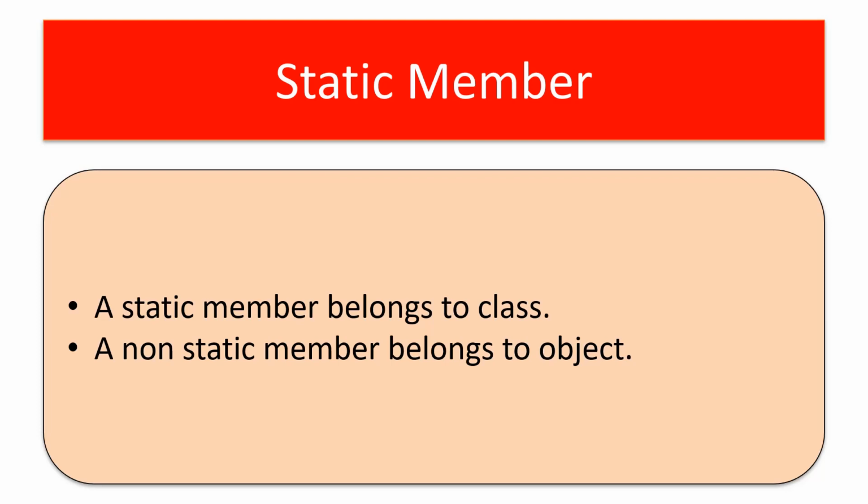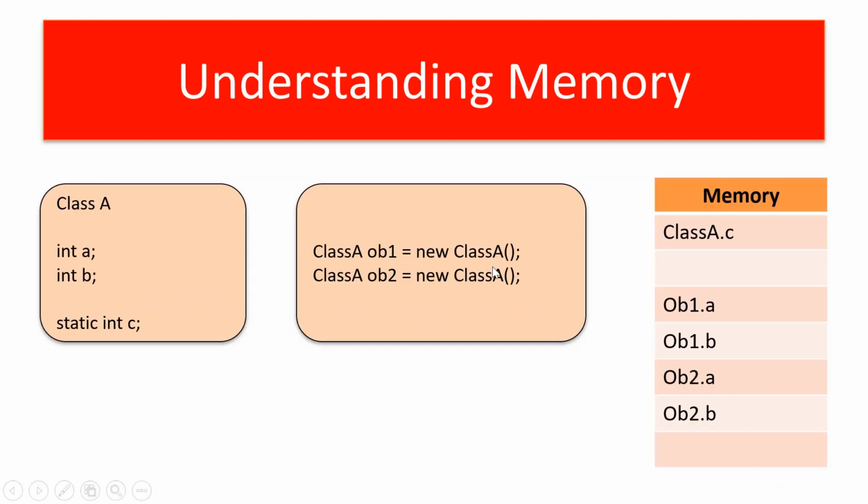A non-static member will not have any keyword behind it, but a static member will hold the keyword static. So, for example, static int a. I think you can see this example. Class A has three variables. The first two variables are int a and int b. These are non-static members, and for the third one, I have intentionally given an empty line here to show the difference between a non-static member and a static member. So the static member will hold a keyword named static behind it.